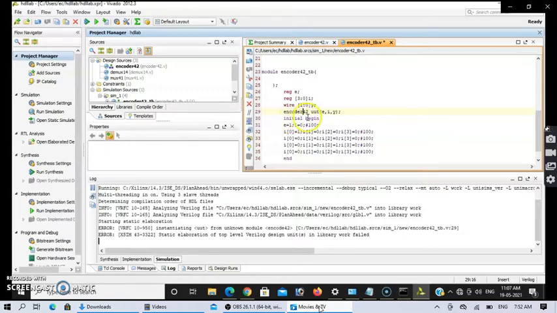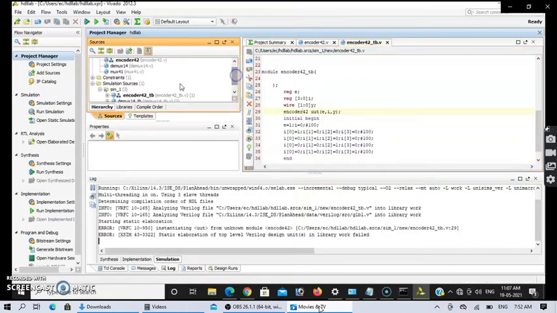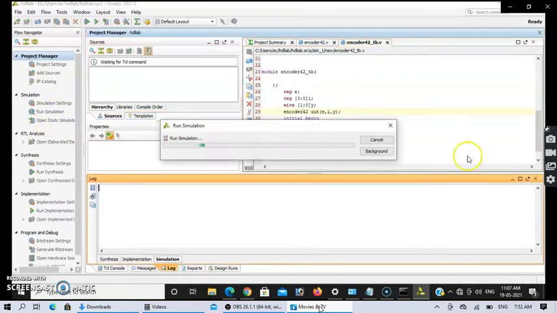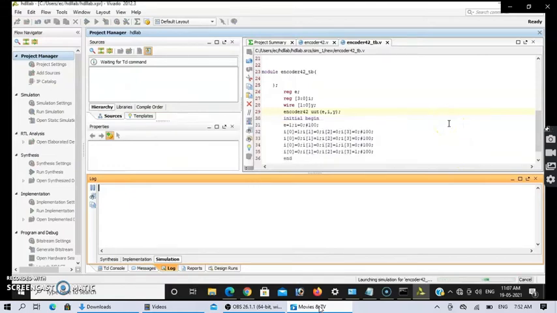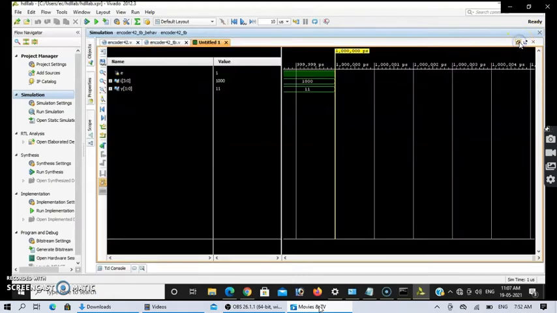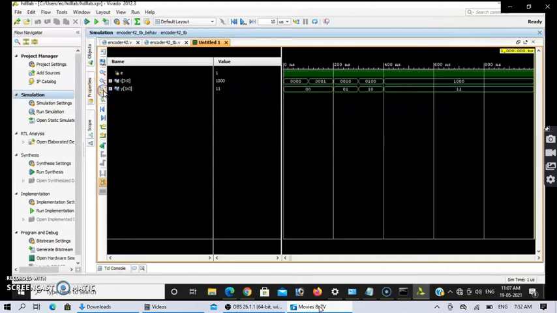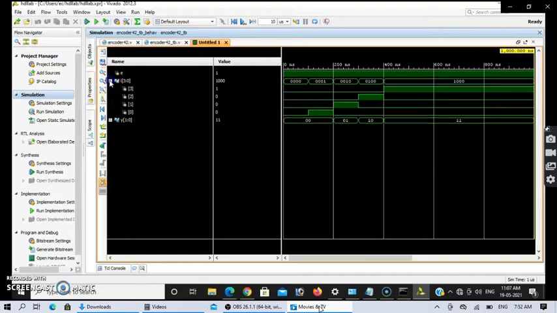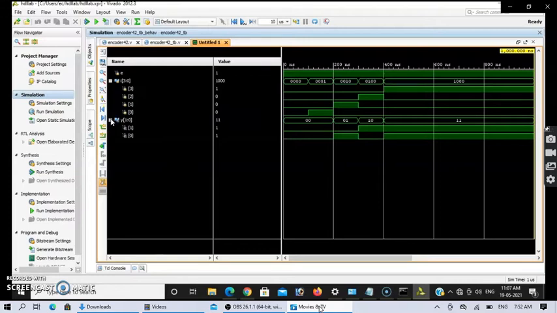Whenever you correct the code, you need to save, and then you need to run. Without saving, if you run, you won't get the results and the same errors will continue. So you need to save. After that, once you run, you will get the simulated results. Here you can see the waveforms, and in the waveforms you will have the values also. What are the values for each of the experiments? See, when enable is low and when enable is high, we consider it active when enable is high, depending upon the combination of your inputs.